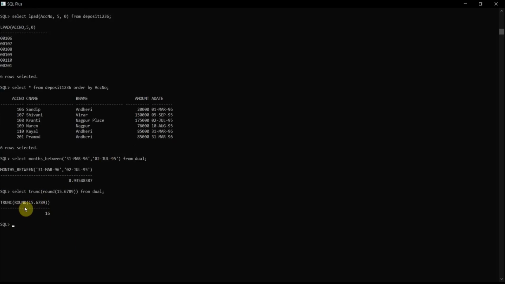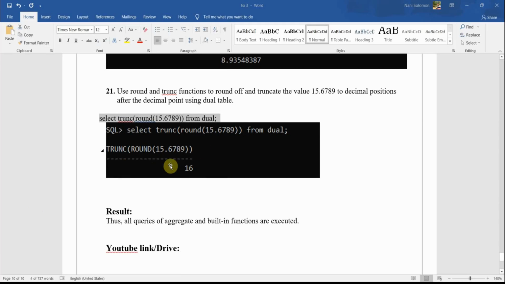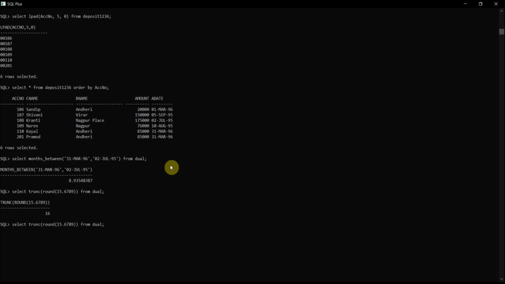This should be a round figure, so 15.67 becomes 16. If I change the rounding to 2, let me show you. If I change the value here, let me remove the 6 and 2, then it will come to 15. So we need to make a round figure here.